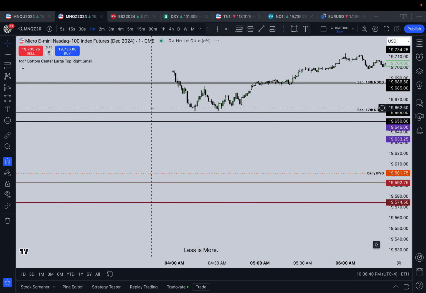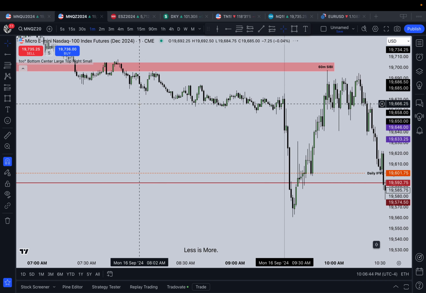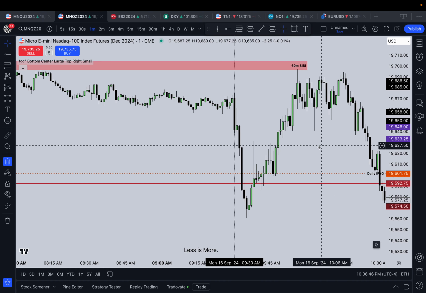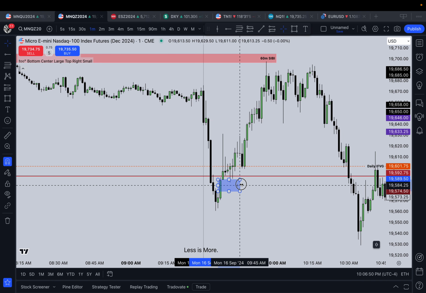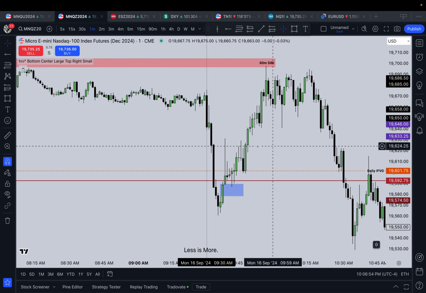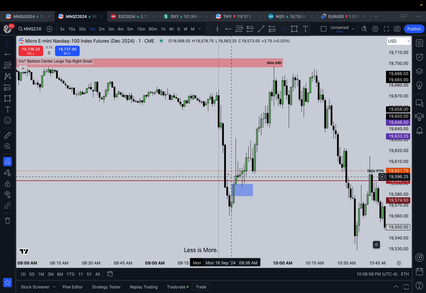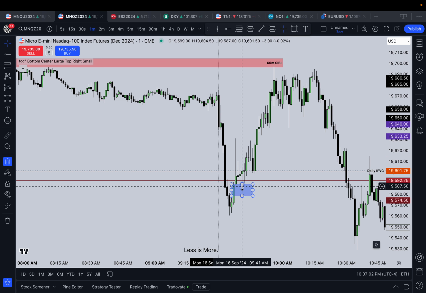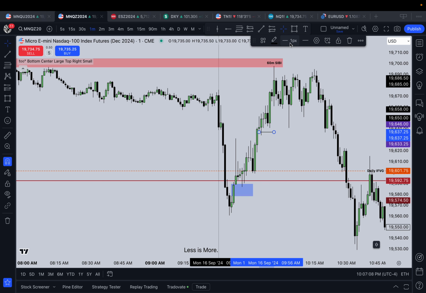Let me go back to the 1 minute. Let me scroll over back to Monday. Okay, boom. So we take out sell side, right? Form a fair value gap. Boom. That could be your entry, but I like to wait for that 2022 model fair value gap. So we displace higher, come back down into this first fair value gap, and then boom, we run up, create another fair value gap. There's your entry, right there.